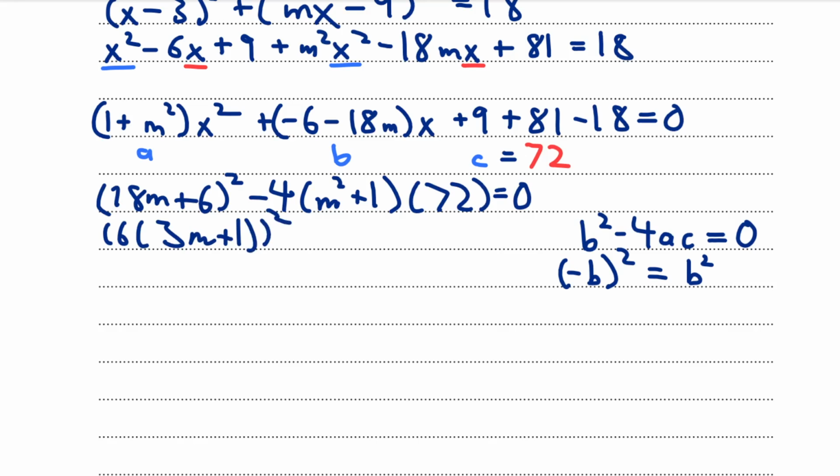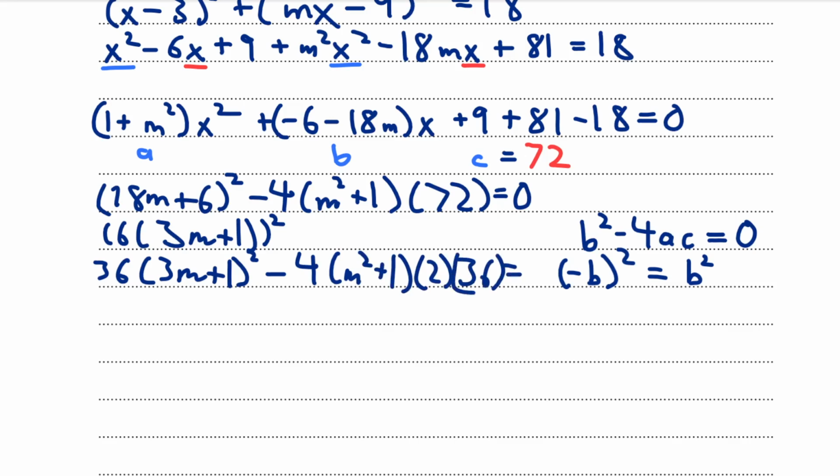Then we can take the 6 out, and since this is squared, I'll get 36 on the outside over here. Then I can do 36 times (3m plus 1) squared minus 4 times (m squared plus 1) times 2 times